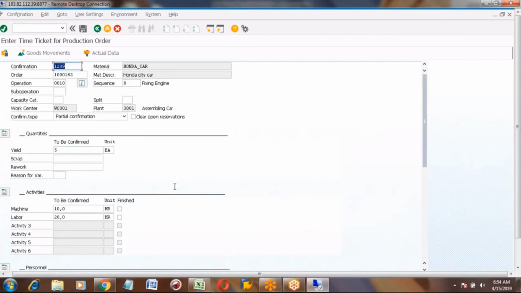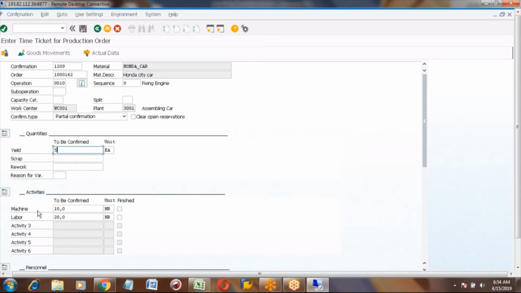Five cars are assembled, not delivered. Delivery means customer delivery, and we are not doing the delivery. As a production person, I have assembled only 5 cars, in the first operation only, the 10th operation.